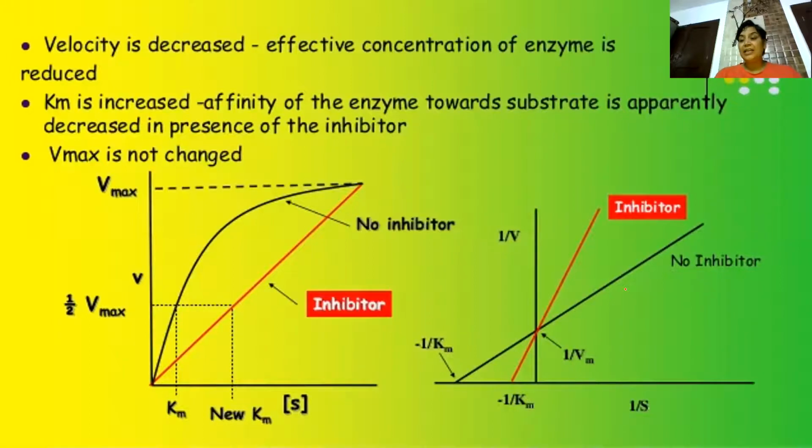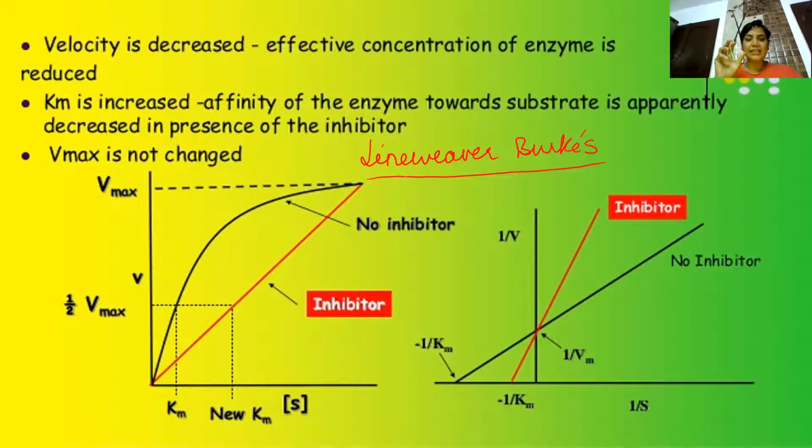And this is the Lineweaver-Burk plot. This is very, very important. Questions have been asked on this. The Lineweaver-Burk plot is actually a reciprocal of the Michaelis-Menten equation. If we look at this, you can see that the Lineweaver-Burk plot explains the concept of a straight line. We can calculate the slope, we can calculate the intercept. So here you can see no inhibitor,